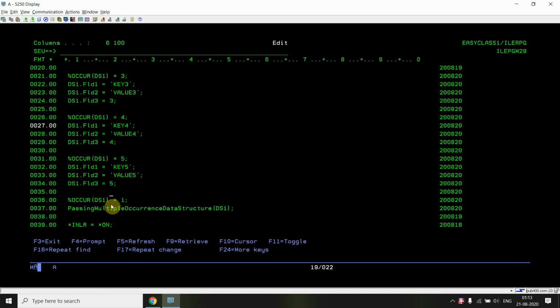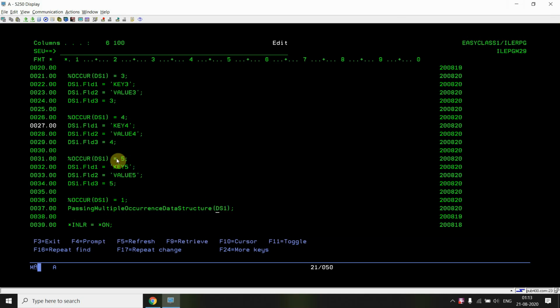I need to pass that multiple occurrence data structure to the called program through this procedure prototype call. This will call the ILE PGM29A program. I am calling this procedure, which is indirectly calling the program ILE PGM29A, and I am passing the multiple occurrence data structure DS1.